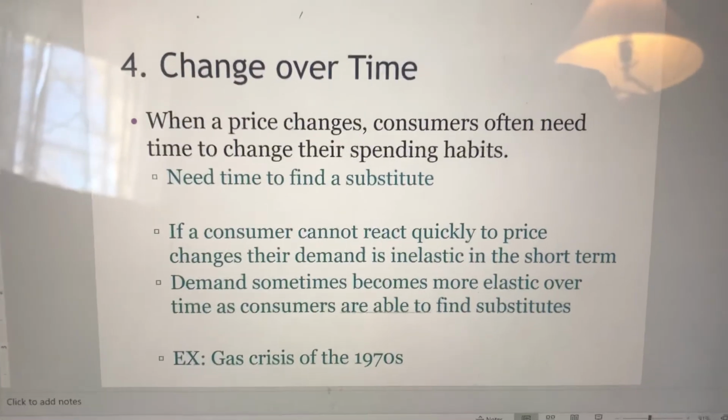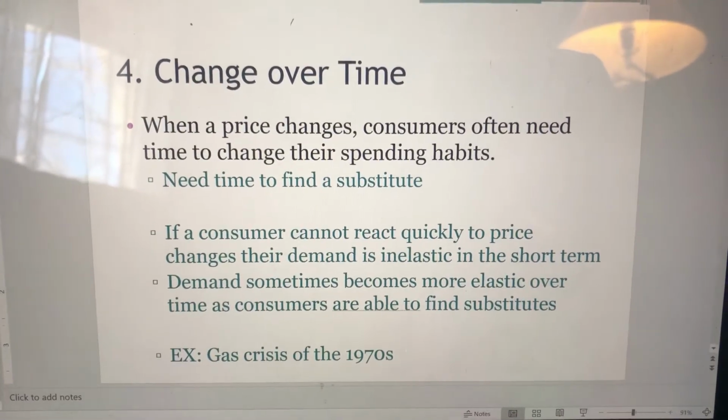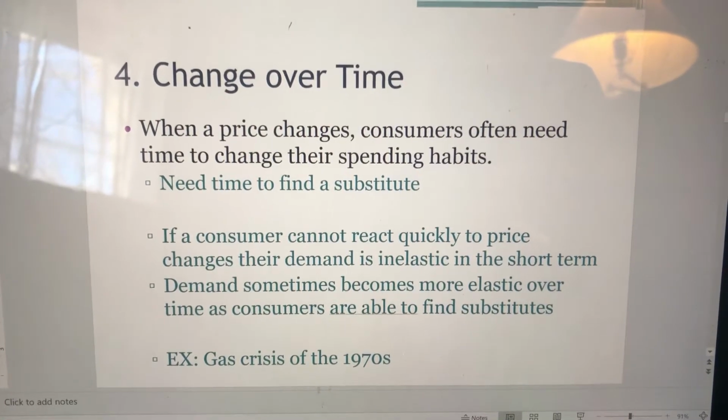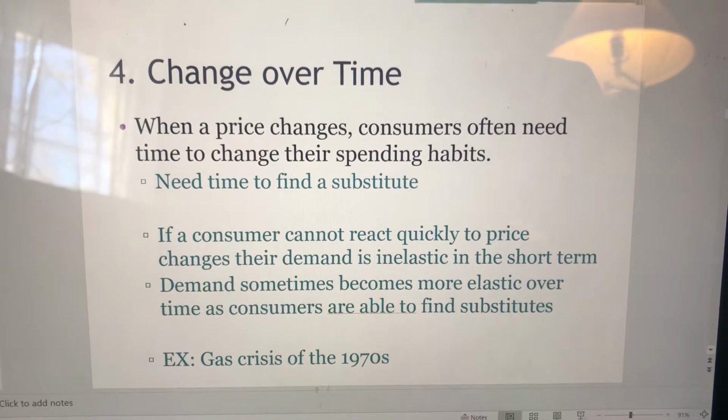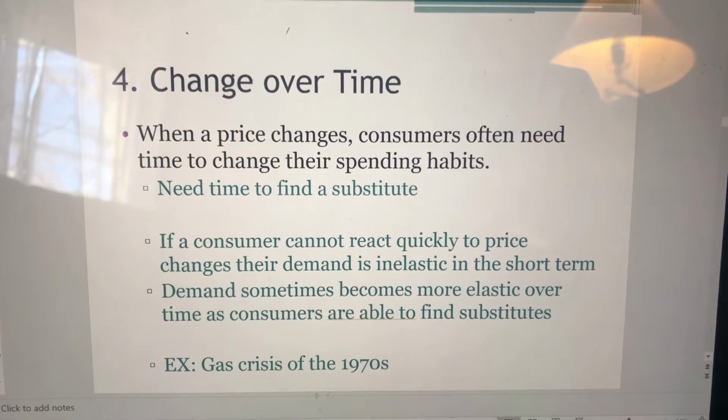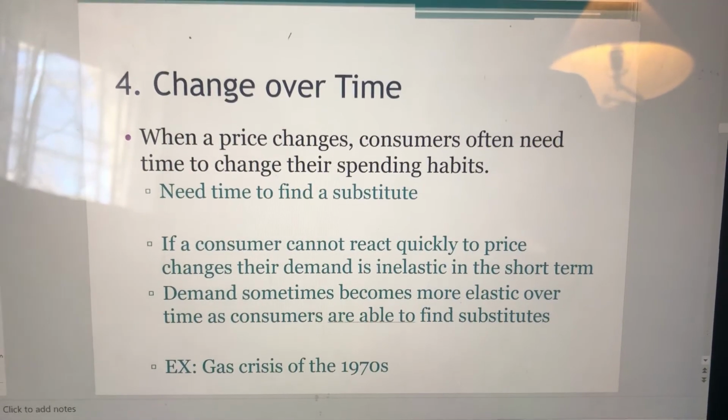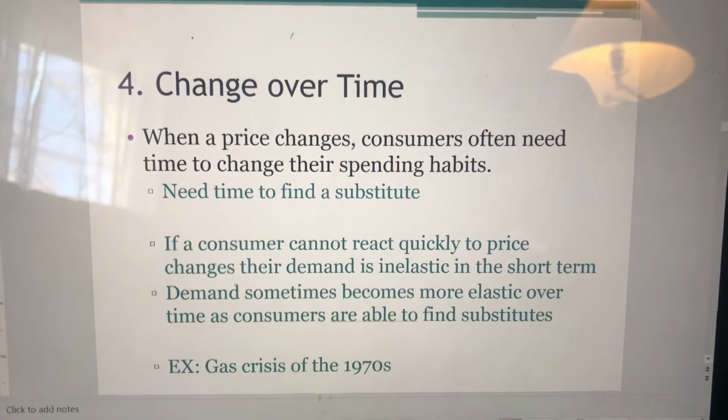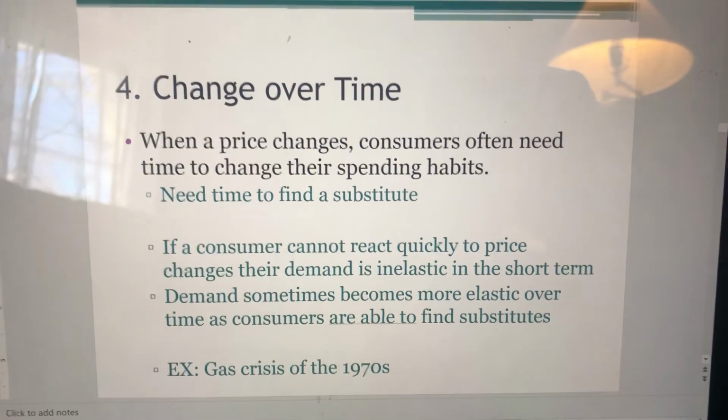So just with the example of gas, in the 1970s, there was the gas crisis and the prices of gas went through the roof. So right away, consumers can't change their way of life immediately, right? So they're going to buy that high priced gas. But over time,